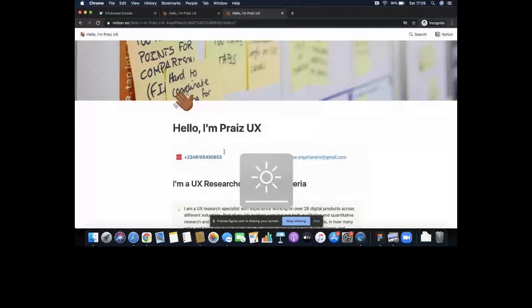Okay, so like I was saying, I have two portfolios. Whenever I want to showcase my UX research skills, I simply submit this portfolio. For design, because I know design is hybrid, I say I'm a product designer and a UX researcher, and I have this portfolio that is done in Notion.